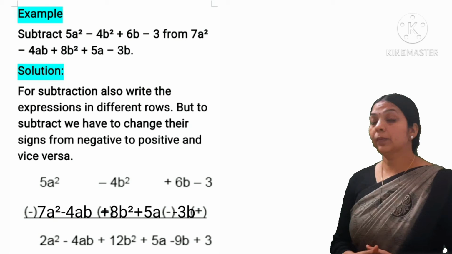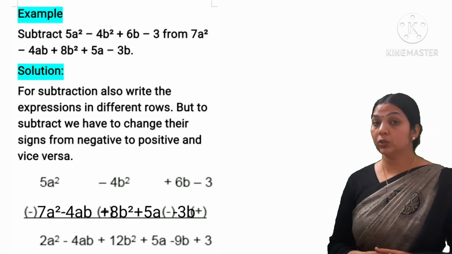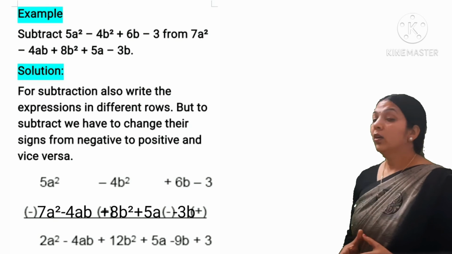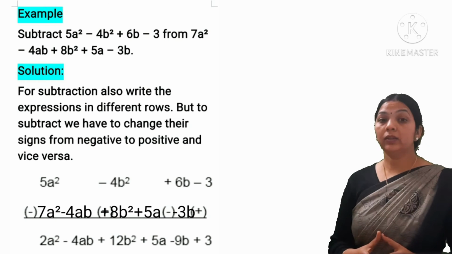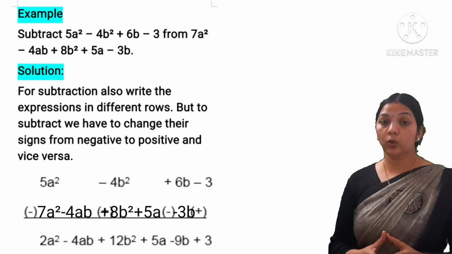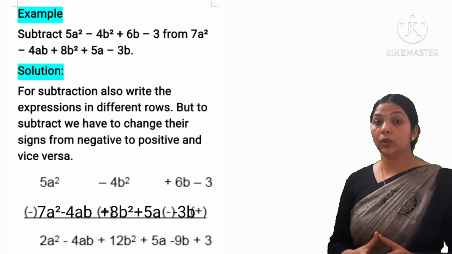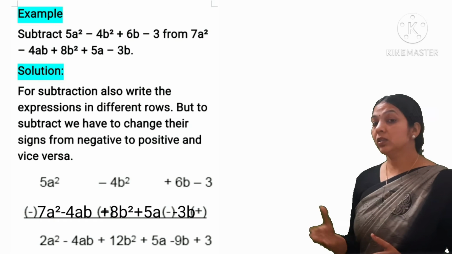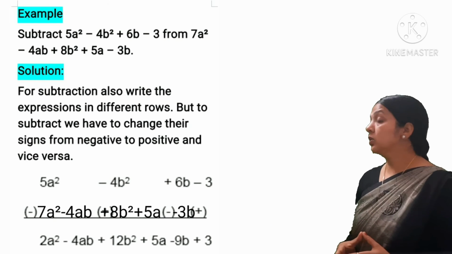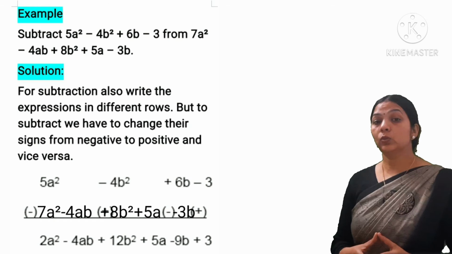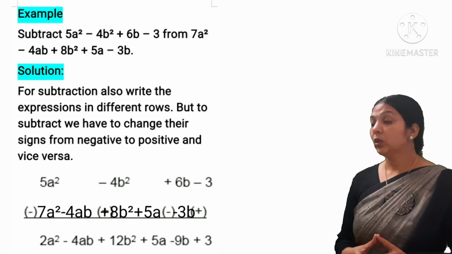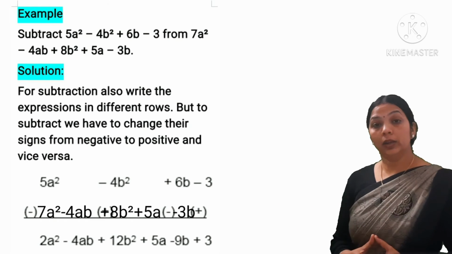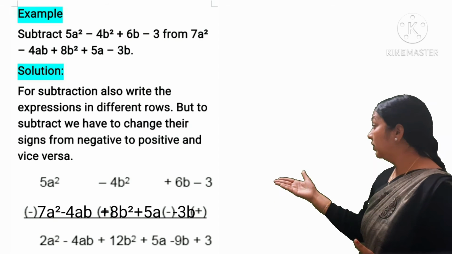Let's take another example for the subtraction. In this question we have to subtract 7a square minus 4ab plus 8b square plus 5a minus 3b from 5a square minus 4b square plus 6b minus 3. So we have to do this. Again, what will we do? We will write the terms